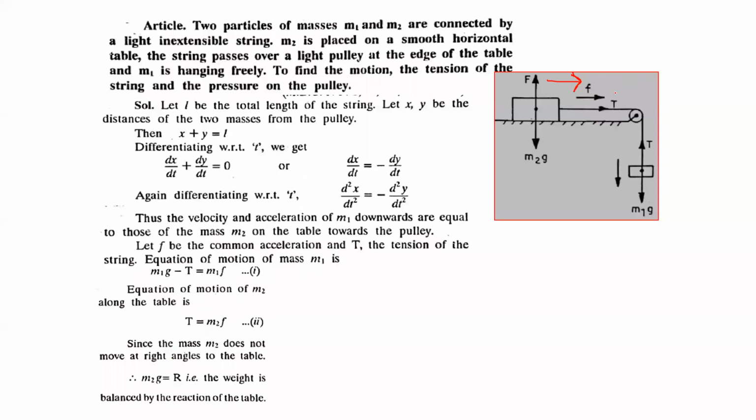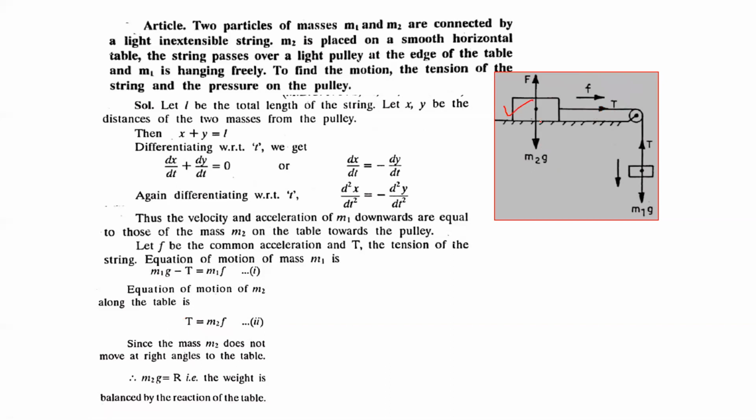So in this direction only one force is effective, that is T, and obviously we have to take T in the direction opposite to that of the particle, so T will be towards the pulley. So the effective force is only T, because the component of this force along this direction is 0. According to the fundamental equation of dynamics, again effective force is mass into acceleration. So this is the second equation.